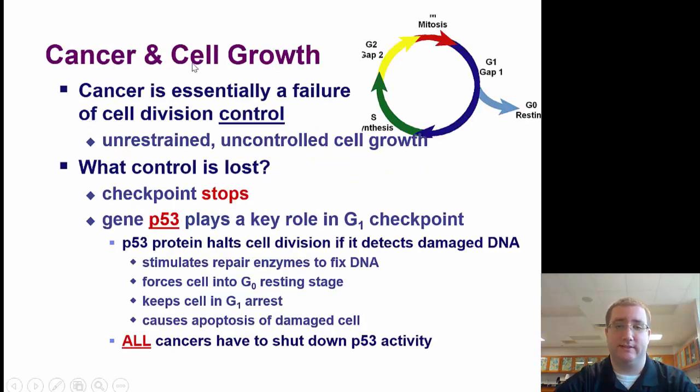We basically already said this, that cancer is unregulated cell division, so it's unrestrained, uncontrolled growth. When you lose those checkpoints, that G1 checkpoint, that G2 checkpoint, that metaphase checkpoint, those are all basically gone, and there's no longer any brake pedal on the cell division. So the cells divide, and become a tumor and become a cancer.